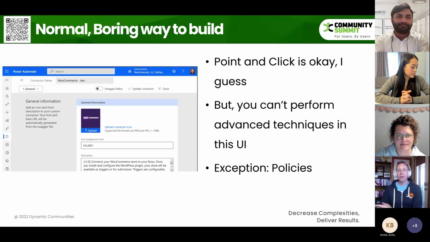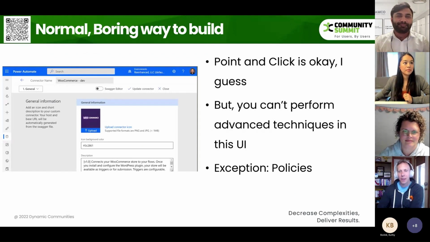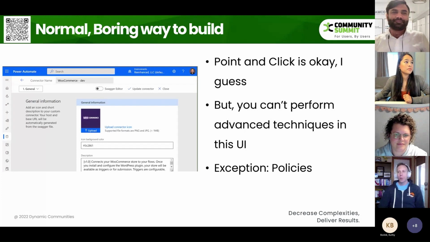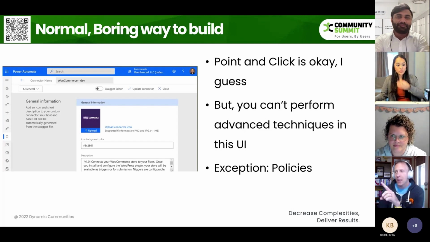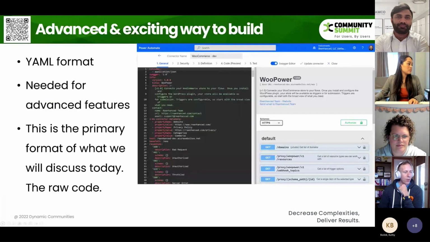This is how we make our connectors. You can do it this way, in this point and click, the boring normal way to do it. But you can't do advanced things in here, with the exception of policies. So what I'm going to talk about is in the Swagger editor. You can get to that by clicking the little guy here, or you can write it in something else. But this is what we'll be using primarily. What I'm talking to here is the actual connector subdata, the raw code that we're going to be